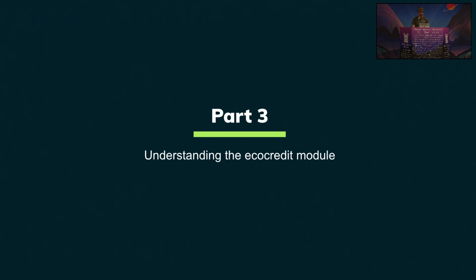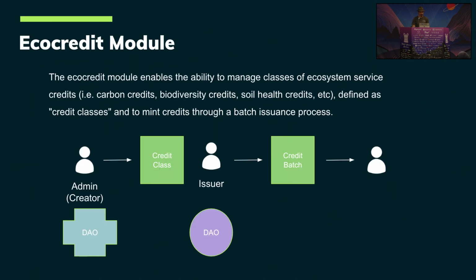Okay, now let's talk a little bit about the Ecocredit module specifically, because this is really where the state of Ecological State Protocols is, which is the creation of a unit of account that represents some form of ecological value. In our case at the moment, this is mostly carbon credits, right? That's where the bulk of the market action is. And as I mentioned earlier, there's also a lot of other stuff going on, but those are unproven markets as yet. So the Ecocredit module,